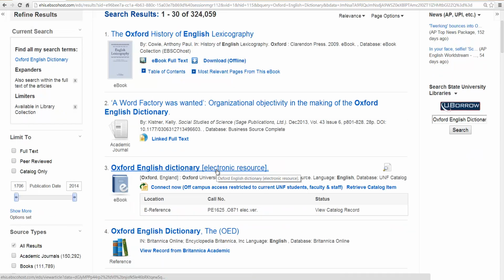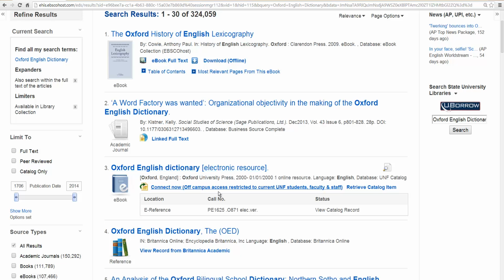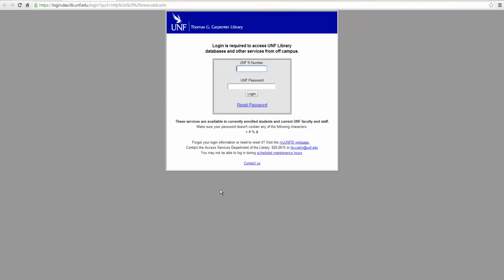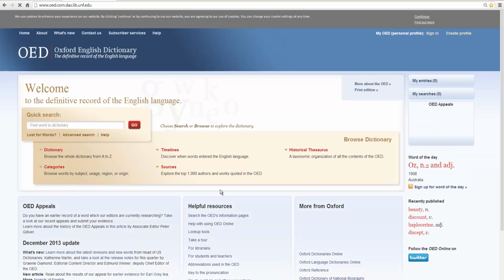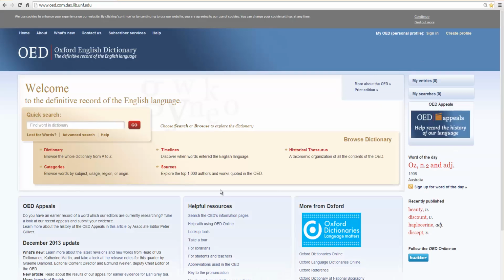If you are off campus, you may be prompted to log in with your N number and your password. If you are on campus, however, you should be able to access this material without any prompting. I log in here, and I will be taken to the home page for the Oxford English Dictionary, more commonly referred to as the OED. In many ways, just like a regular dictionary, you do have access here to its ability to give you